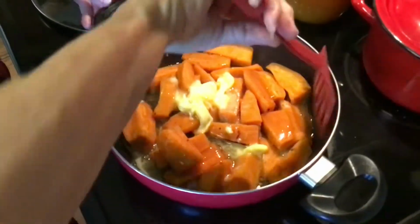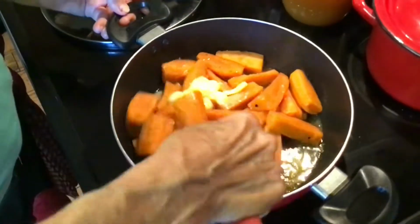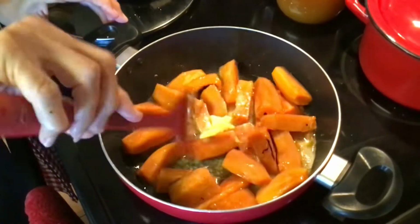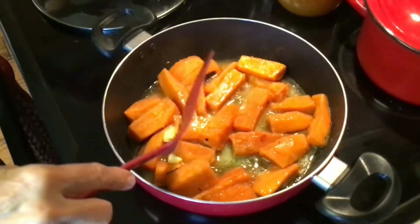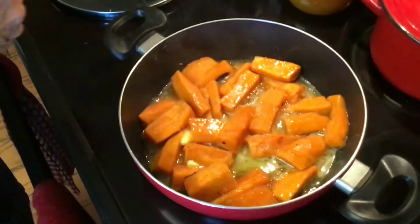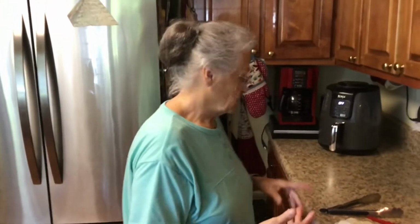So I'm just going to kind of stir these a little bit. You don't want to stir them much because you don't want to tear your potato up. But you can see that butter and that honey together in there. I'm going to let it cook with the lid off, and it's going to caramelize those potatoes on the bottom. That honey and that butter, and man, they are so, so good. They are delicious. And now,